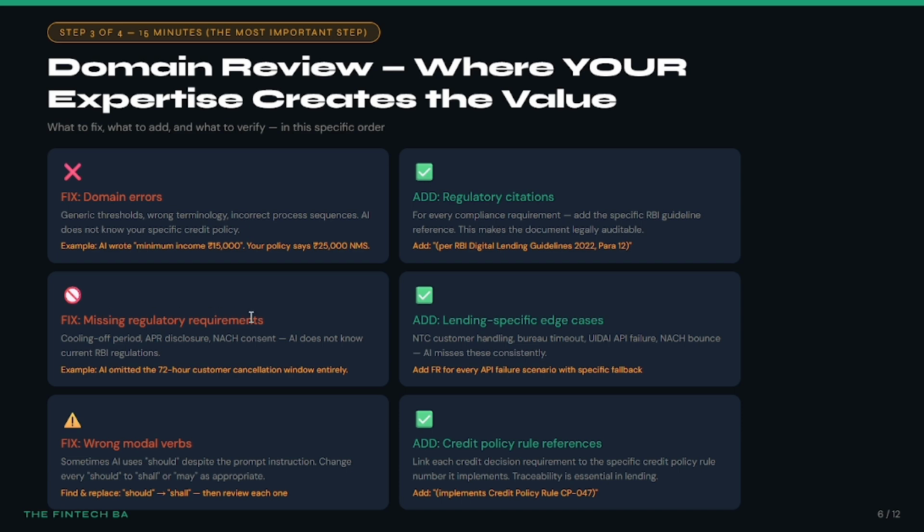Okay, missing regulatory requirements, lending-specific edge cases. AI example: AI omitted the 72-hour customer cancellation window entirely, but an FR for every API failure scenario with a specific fallback, right? So I have mentioned certain things which you need to take care of, and you should not be sending the documents blindly to anyone, because there might be some discrepancies in discussions, or customers may ask the question, I did not ask for this, why has it been sent, and why are these things mentioned. So you need to have the expertise to review. Okay, now